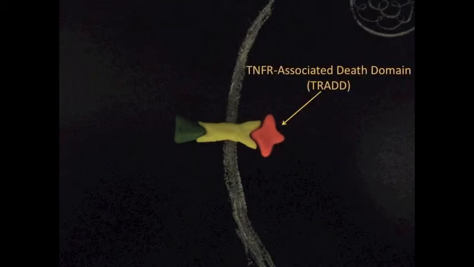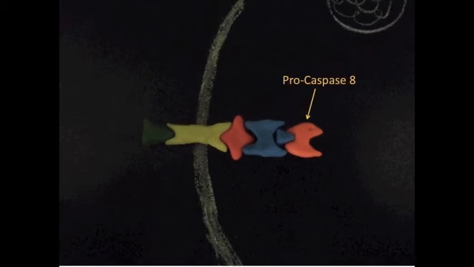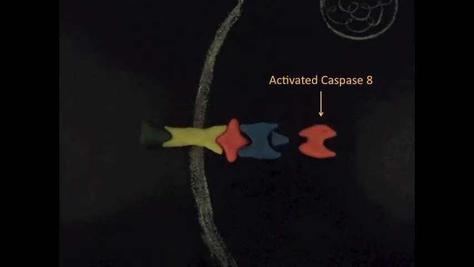First, the TNFR-associated death domain adapter, or TRAD, binds to the intracellular portion of this complex. This is quickly followed by the binding of the FAS-associated death domain, or FAD, to TRAD. These compounds serve to form a final complex that mediates the binding of an inactivated initiator caspase, procaspase-8, which binds directly to FAD. The binding of procaspase-8 to the complex causes it to be transformed to its activated form, caspase-8, the main intracellular initiator of extrinsic apoptosis.